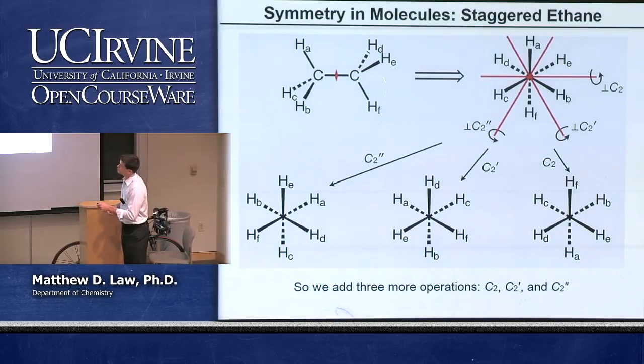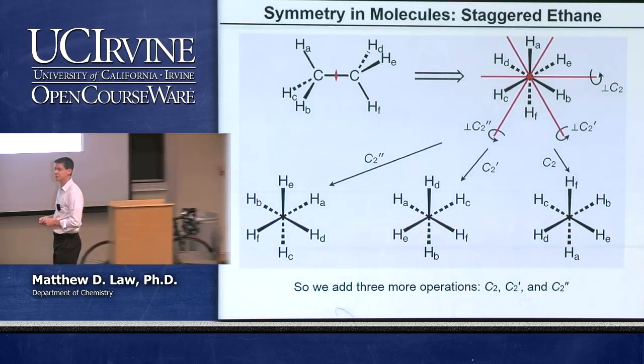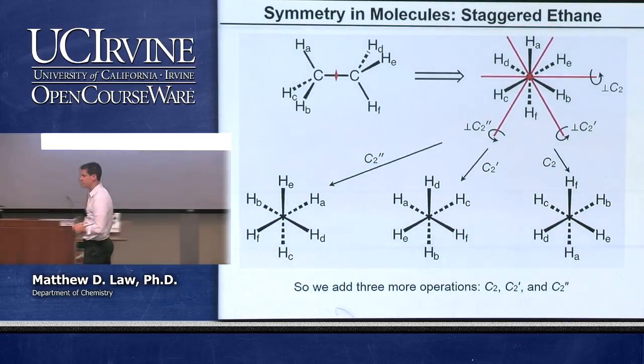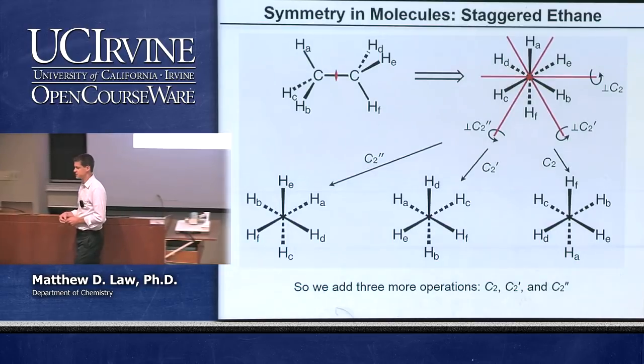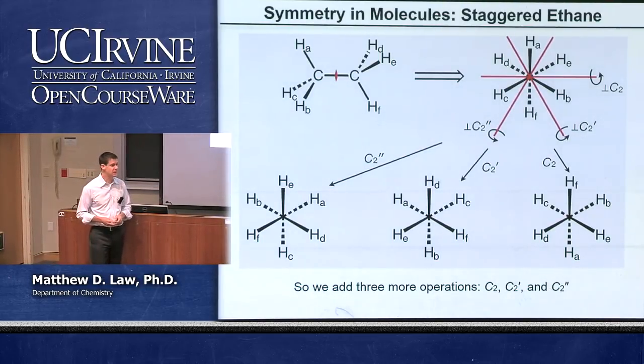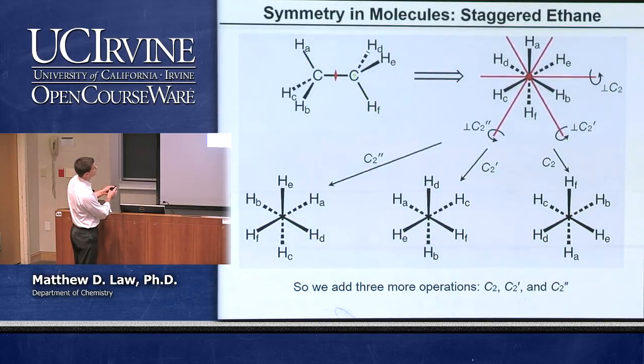So if you look at the molecule and look perpendicular to the principal axis, we actually have three perpendicular C2 axes in this molecule. Remember that point groups or objects here are going to have either 0 or n perpendicular C2 axes. In this particular example, we have 3 perpendicular C2 axes, each one of which is perpendicular to a plane that's defined by 2 of the hydrogens and the 2 carbons.